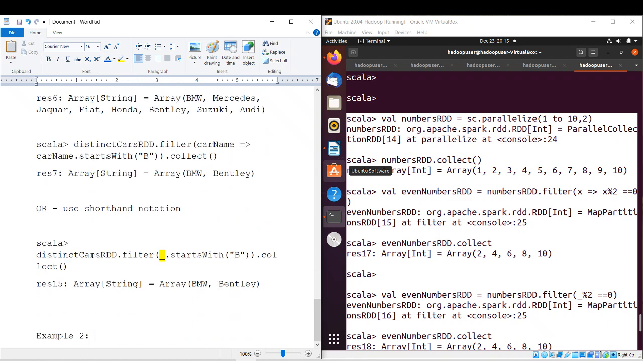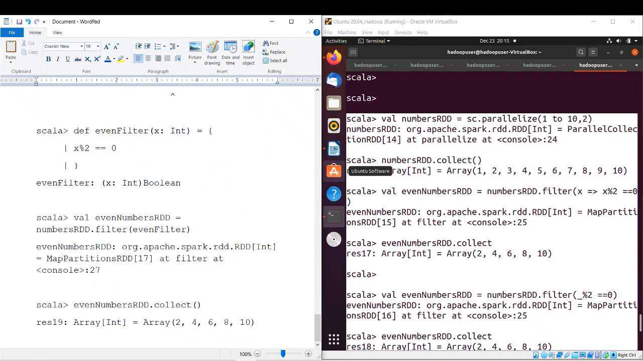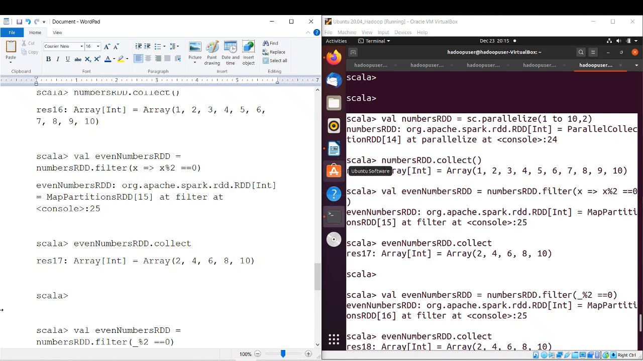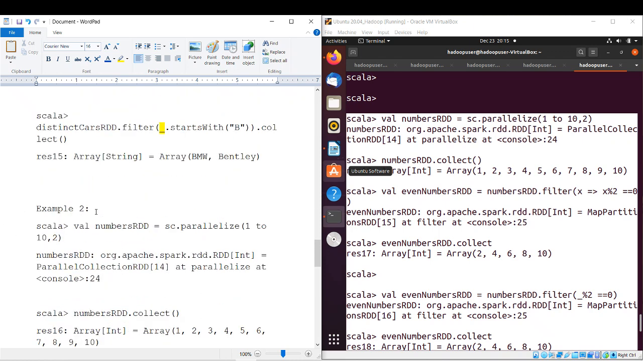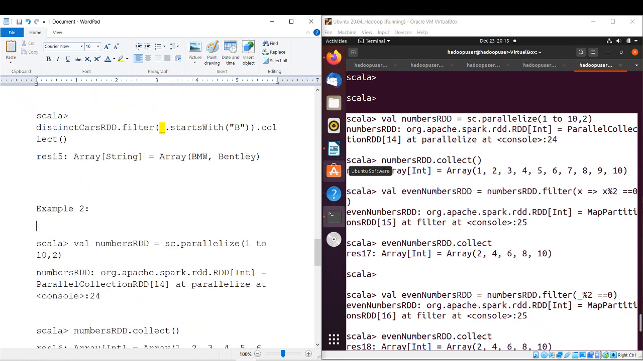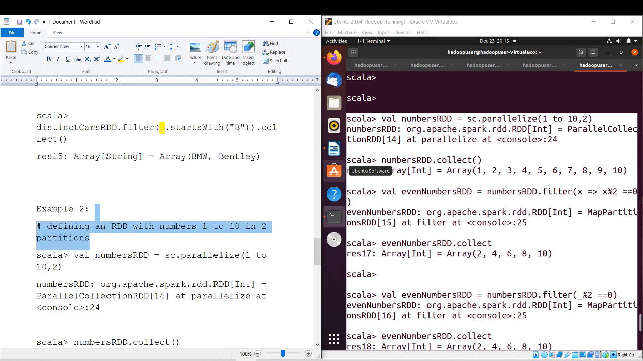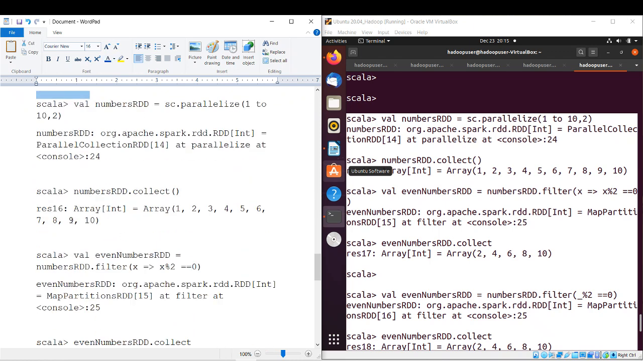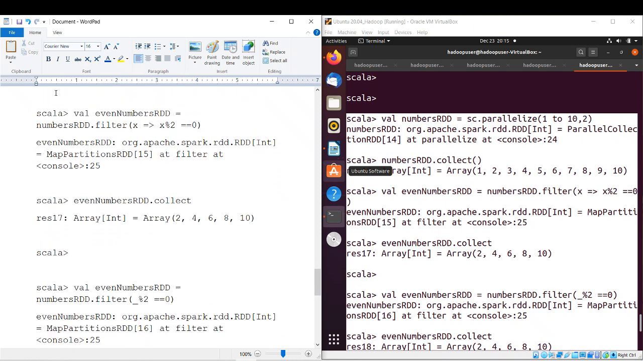Okay, if no questions, then let's copy over here so that you can refer to it later, and just write certain things so that it's easier for you to follow. Defining an RDD with numbers 1 to 10 in two partitions. Then after that, we just filter. If you want, you can just practice with me as well. Filter only even numbers. So you are filtering only the even numbers,